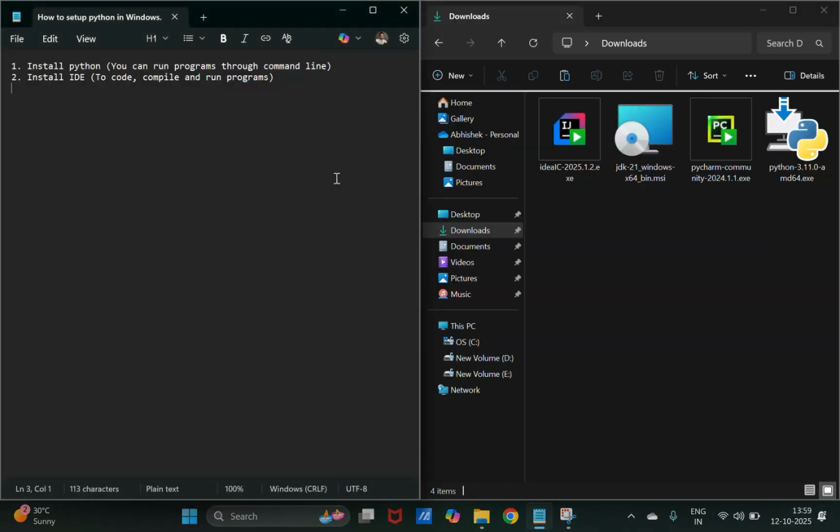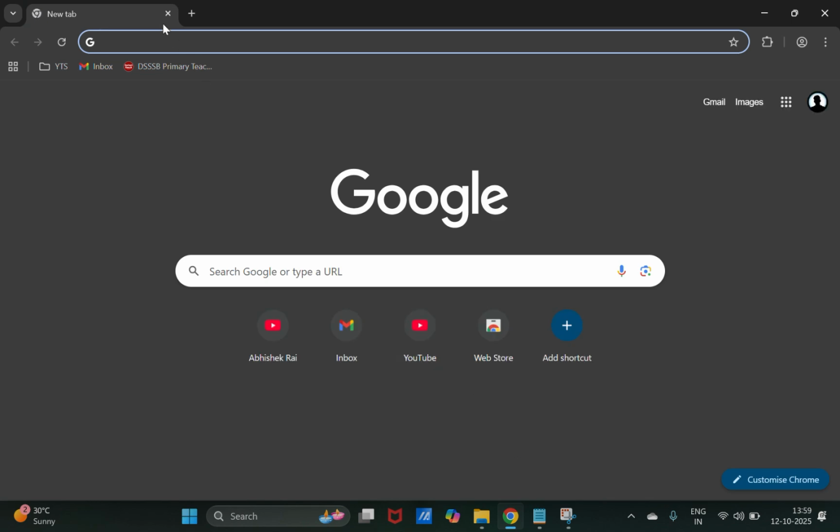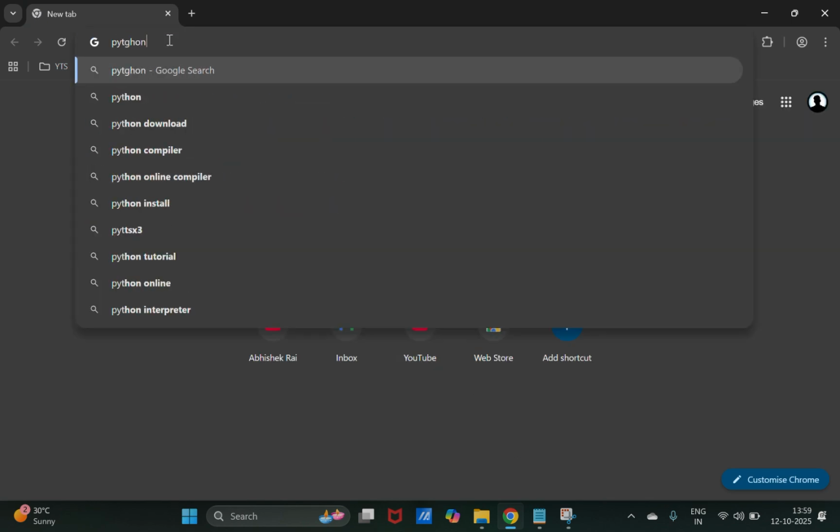Now we are going to set up Python in Windows, and we will also install one IDE, which is PyCharm, to code, compile, and run programs. So what you have to do, just go to the Python website,